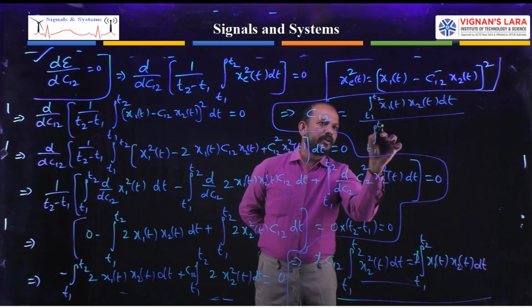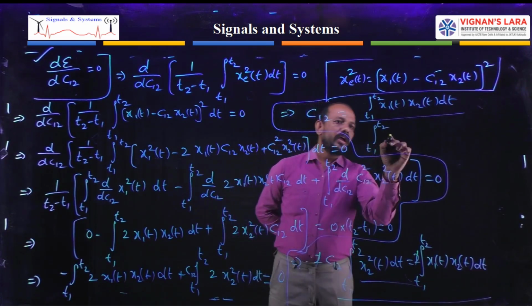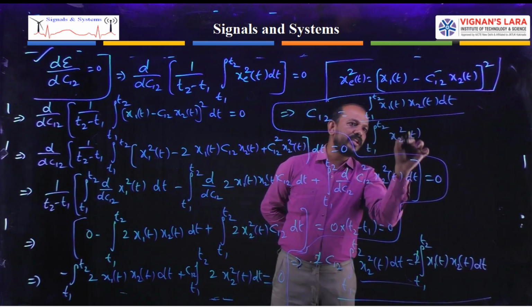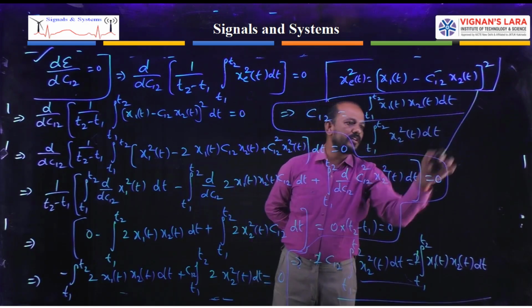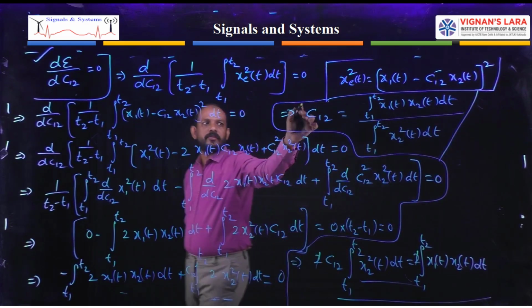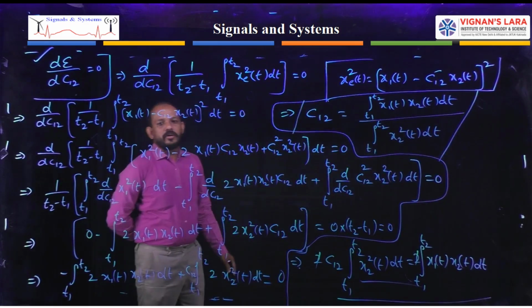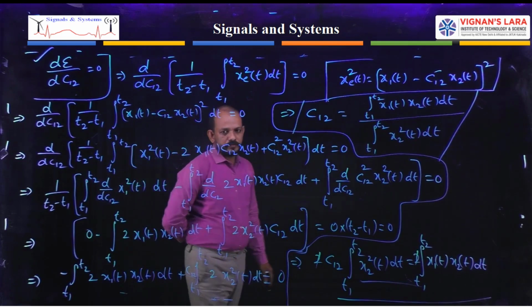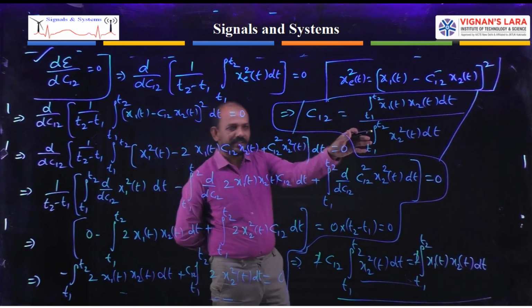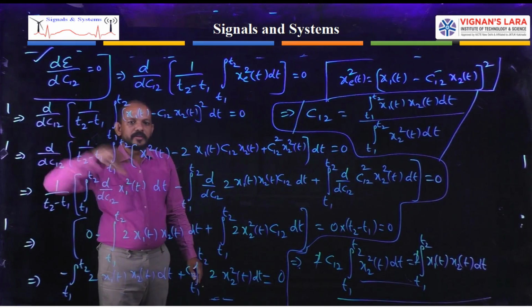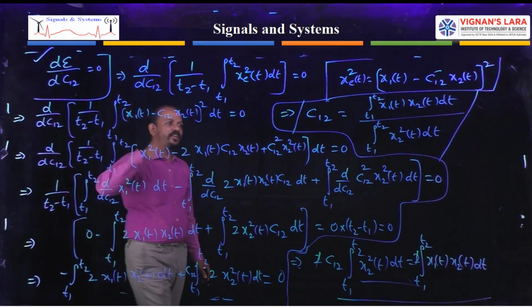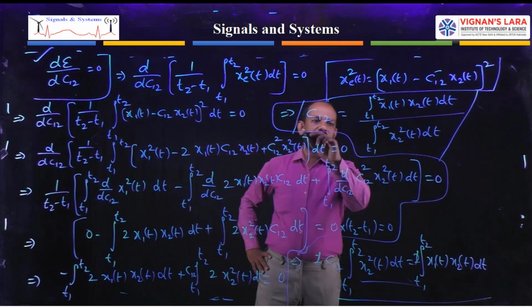the integral from T1 to T2 of x2 square of t dt. So this is the formula to find the value of C12, such that this mean square error is minimum. The mean square error of the signal is minimum. So in this way we have to find out the value of